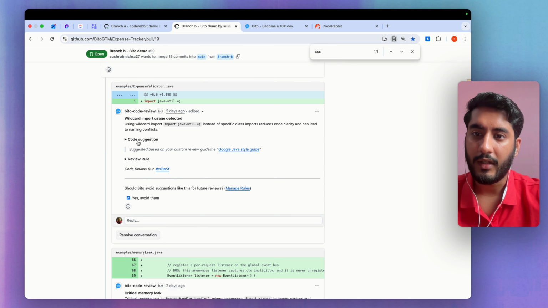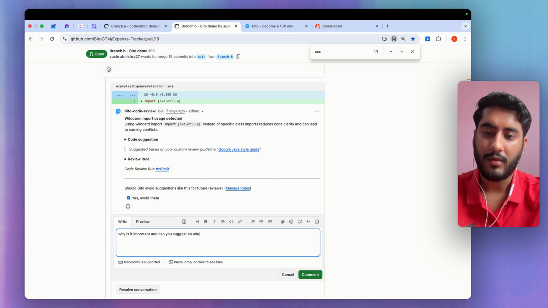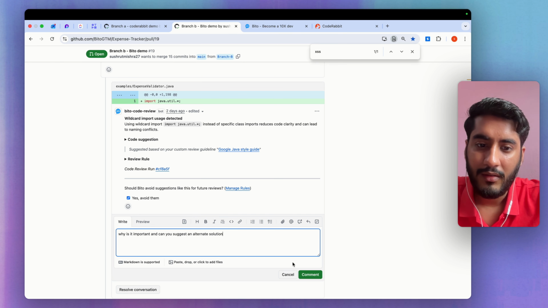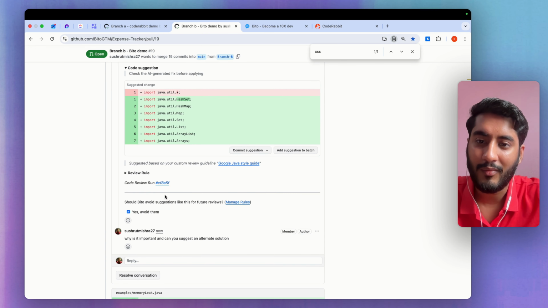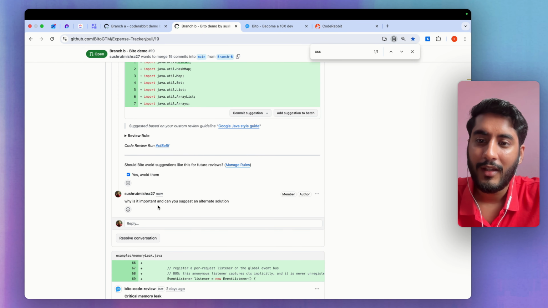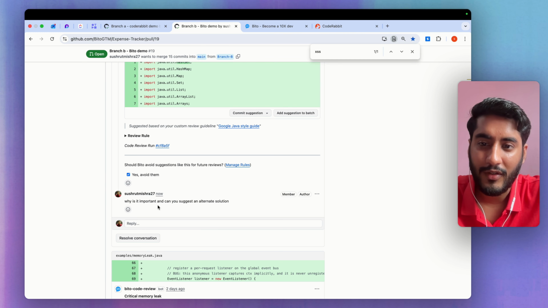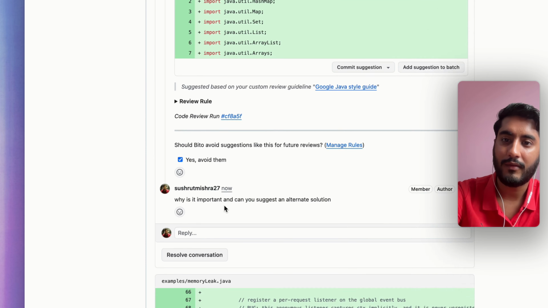So for example, if I have this particular code suggestion here, I can just ask Bito, why is it important? And can you suggest an authorized solution? Although this is a pretty basic thing and there is no real problem behind implementing this particular code suggestion, I'm just asking this question to Bito to show you that Bito can reply to your chat, reply to your questions, give you alternate solutions, and much more behind the comprehensive suggestion or